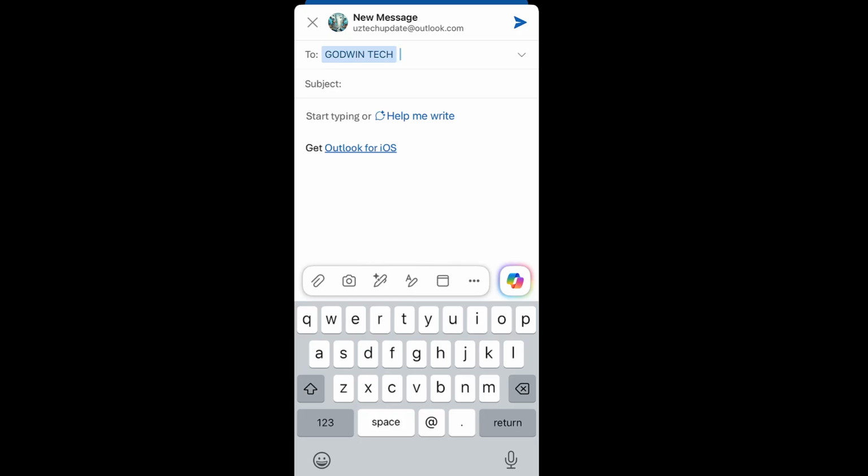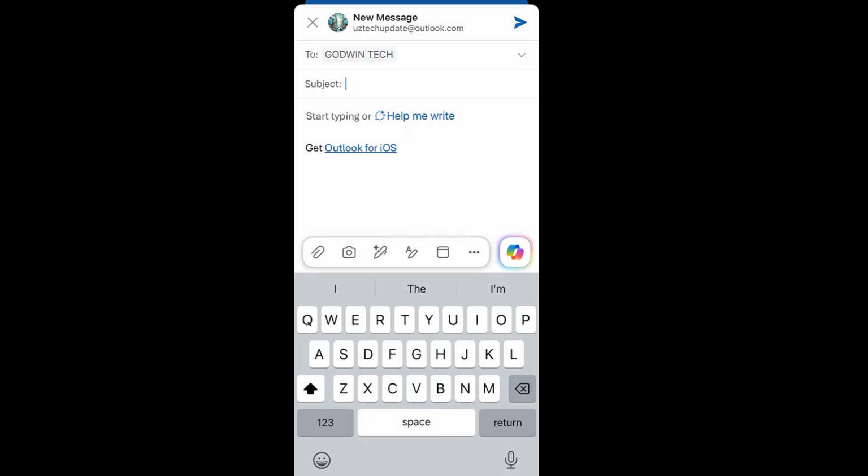Then if you want to add another email address, just continue typing. After that, tap on it. Then the subject area, tap there and give the email a subject. All right, let's say upcoming meeting in this case. Then after typing that, you tap inside the place where you have